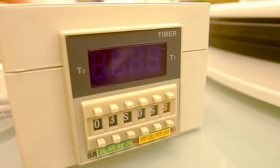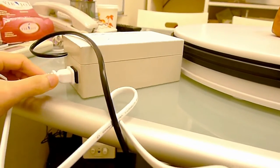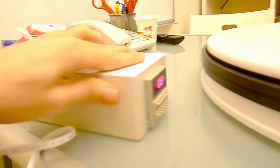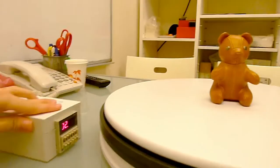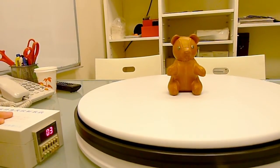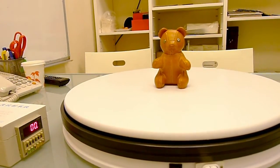Okay, so after this is done, let's plug the turntable into the socket here, and let's plug the timer into the socket here. So you will see the turntable starting to move. So now it's turning, and it will stop for 4 seconds for you to shoot, and then it turns again for another 3 seconds,